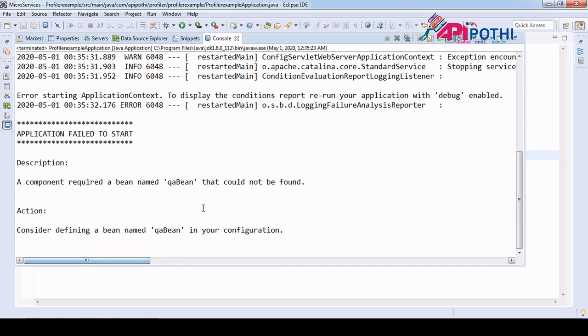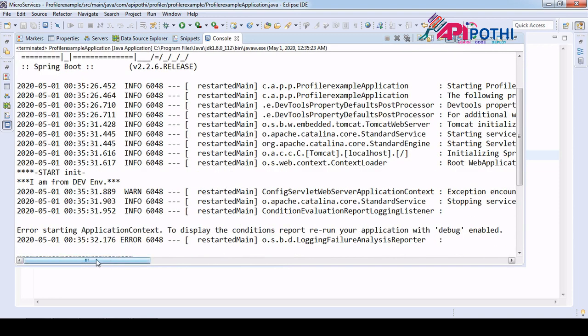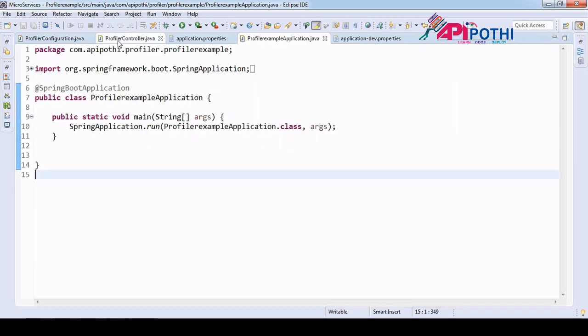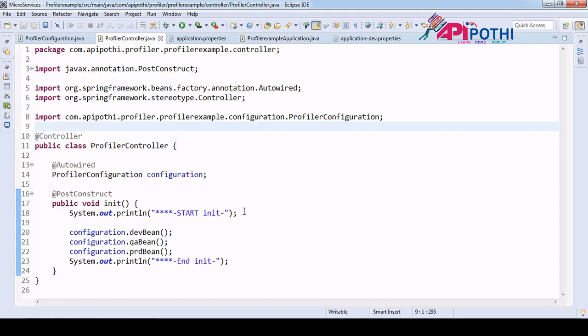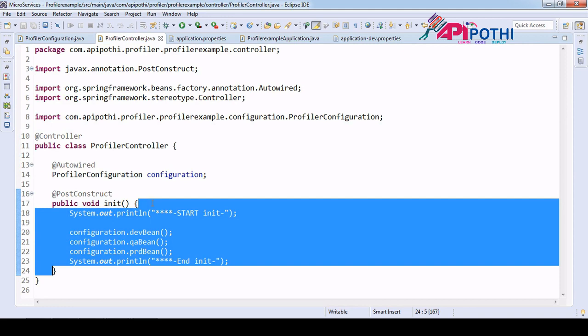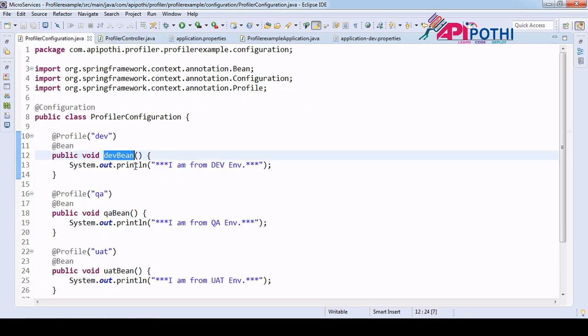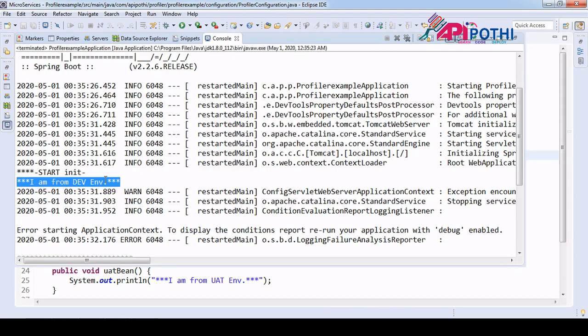Now it has to load the application. So what is happening is, see here, our init method started perfectly, and it is able to run the dev method, meaning that it goes to the controller, this log is getting printed, meaning our call came into the init, and as soon as it comes to the init, it is able to run our dev bean. The reason is, if you see, I am from dev, this log is getting printed.